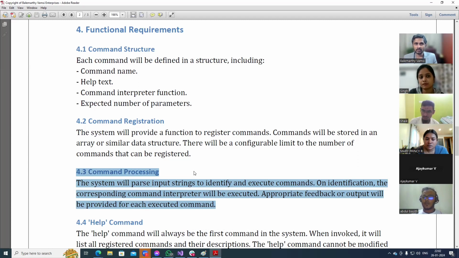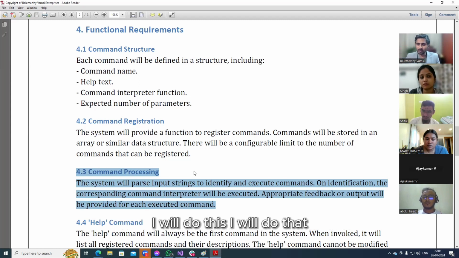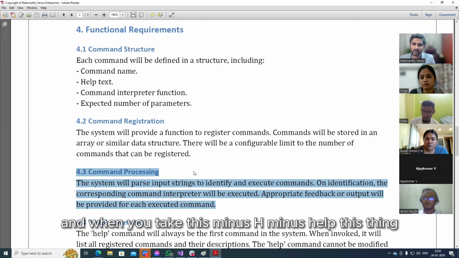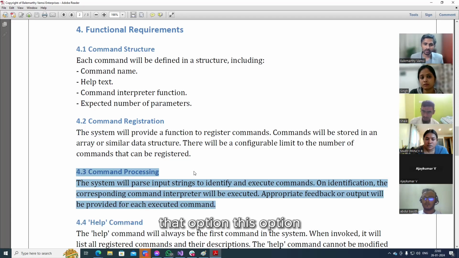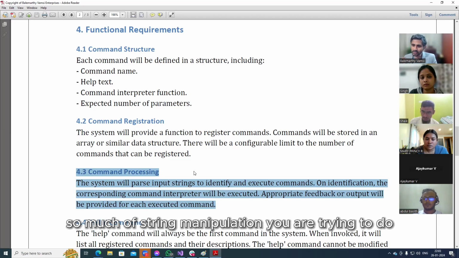For example, you are saying that I will pass minus h, I will do this, I will do that. Now, when you do that, who is behind to understand that? You only have to write the code. And when you take this minus h, minus help, that option, this option, do you know what happens in the back end? So much string manipulation you are planning to do.